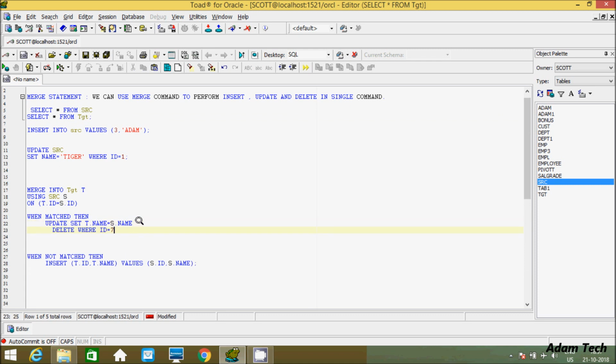And if you don't want some id value, you can use delete where id equal to 7. Inside delete you can also use greater than and less than operators. So these are the things about insert, update and delete in Oracle database. You can delete, insert and update records inside any table by using the MERGE statement in